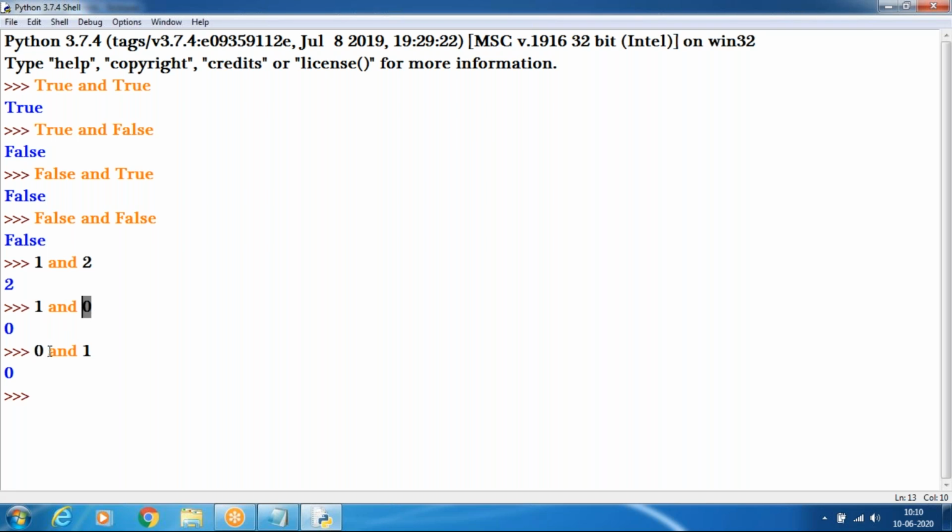So in case this value is 0, either left hand side or right hand side, the result will be 0. First, if the left hand side value is 0, it is considered false, and the right value is not checked. But if the value is true, it goes on to check the next value, whether it is 0 or non-zero, and then produces the result.